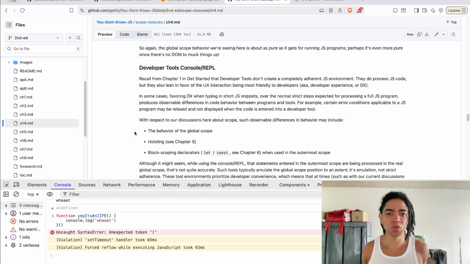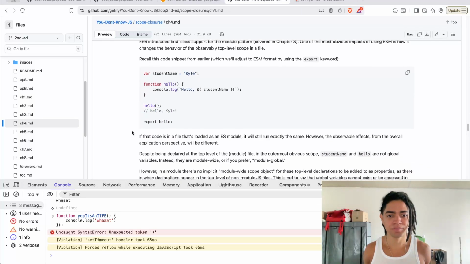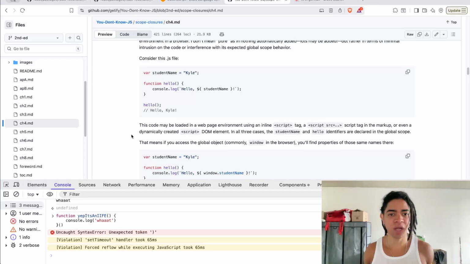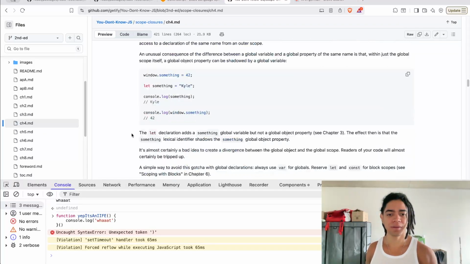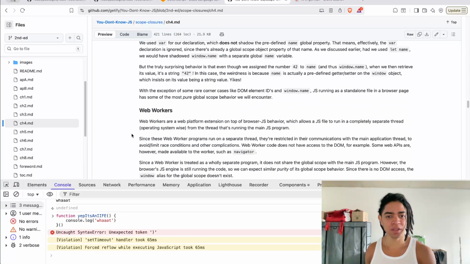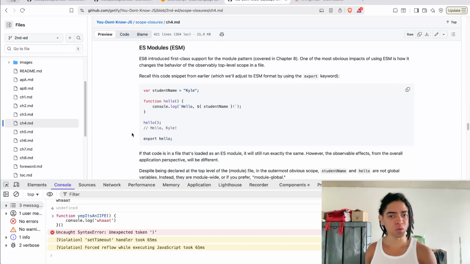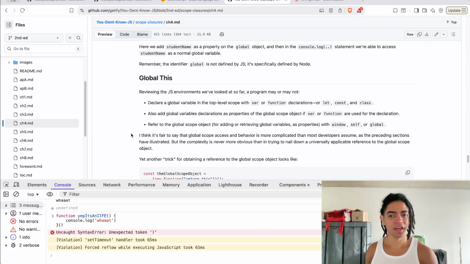And developer tools console here. This is another scope here. And the ES6 modules, and Node. This is describing the global scope. Where exactly is this global scope? On the browser window, on the web workers, the developer tools, the ES6 modules, and Node, as well as